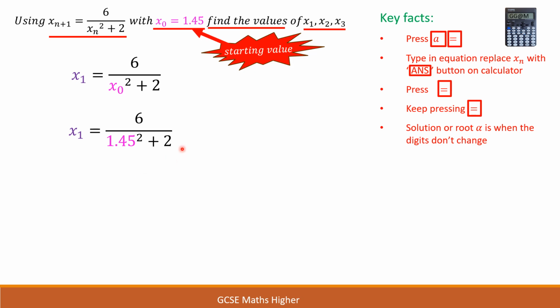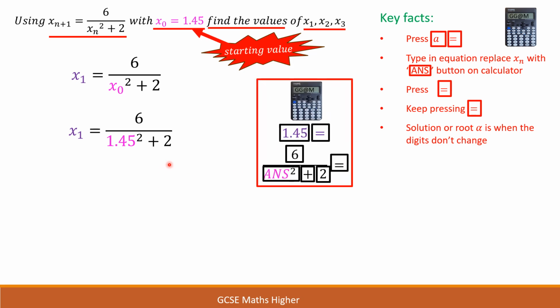But there is a quicker way of doing it, not necessarily for this first step here, but when you come to find the subsequent ones, you just keep pressing equals, it is so much quicker. So on your calculator, you've got 1.45 equals. Then you're going to use your fraction button, and then you're going to press 6, and then you're going to go over the answer button squared plus 2 equals. And when you press equals, you should get the value for x1 equals